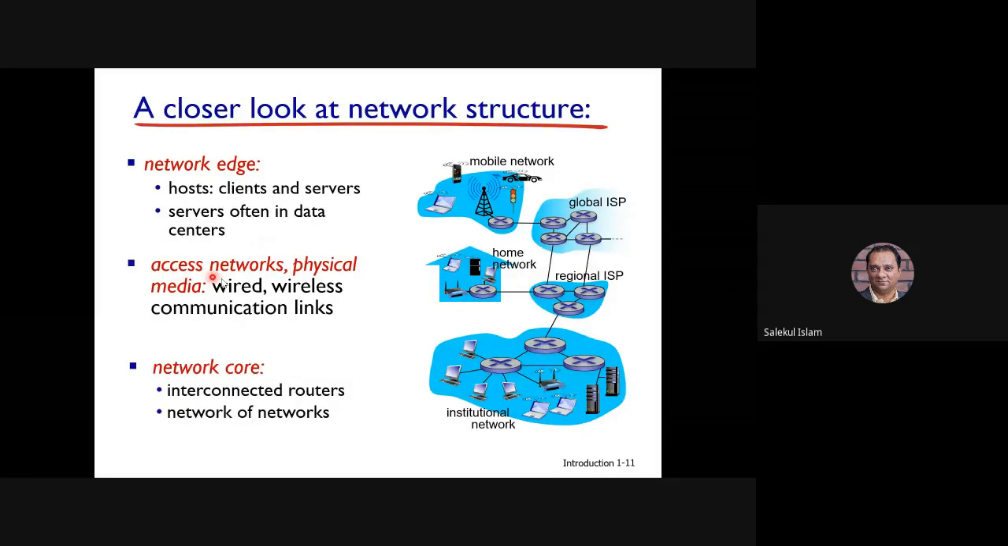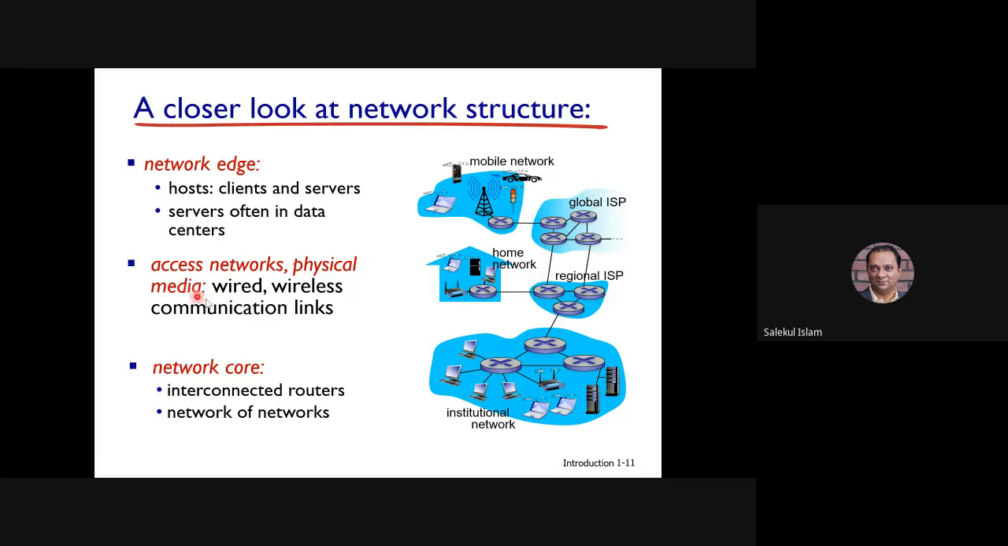Now, what is access network and the physical media? Access network is, so this is one access network, or this home network, this is access network, or this institutional network, this is one kind of access network. So what is the function of your access network? The function of your access network is your access network will connect you to the internet, to the rest of the world. Access network এর কাজ হচ্ছে কি আমাকে বাকি অংশের সাথে কানেকশন করে দেওয়া।